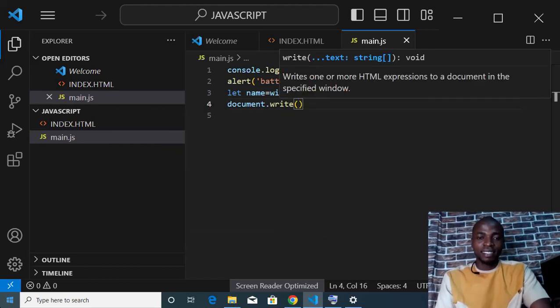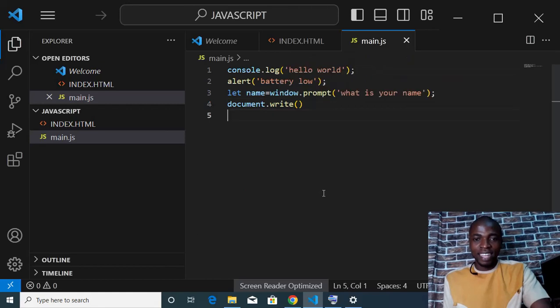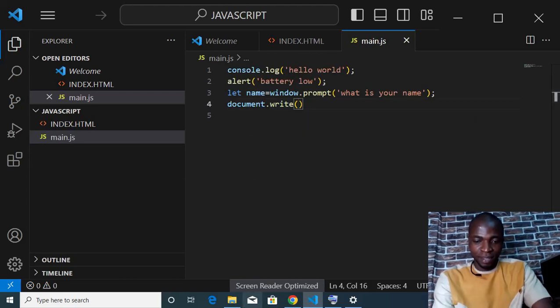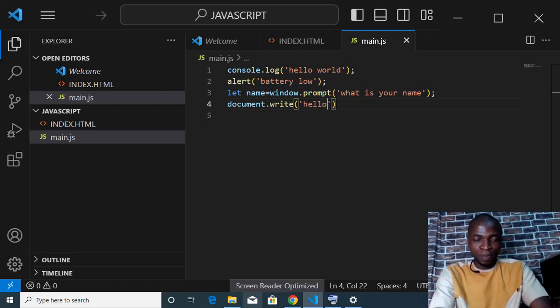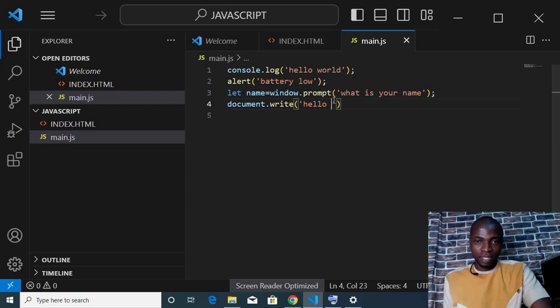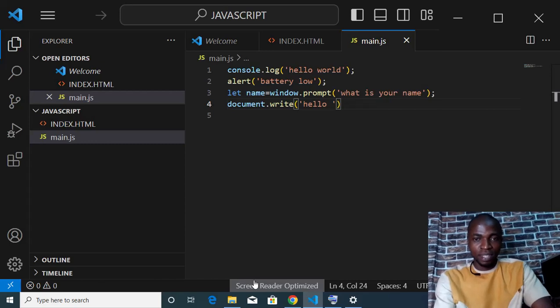Then you now write, because you have assigned this value to this name, right? So you just type hello with quotes, because it's a string. This is called a string. Hello, you put a space. Then you now type the name of the person, you just type it here: hello plus name plus,